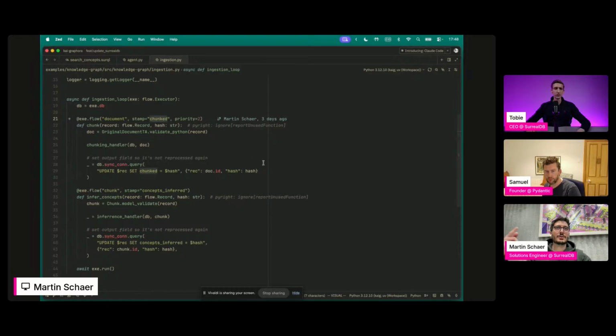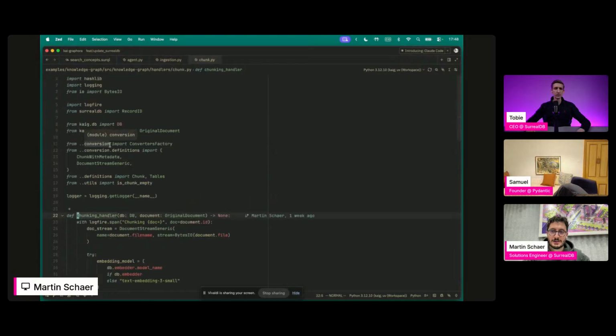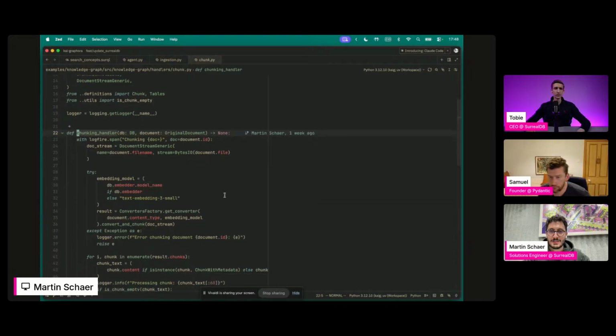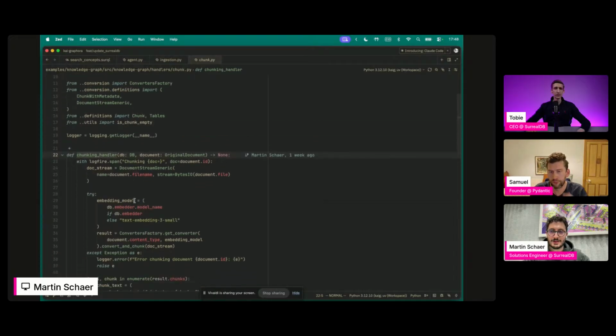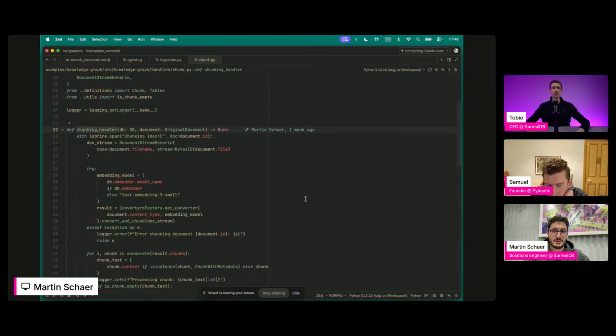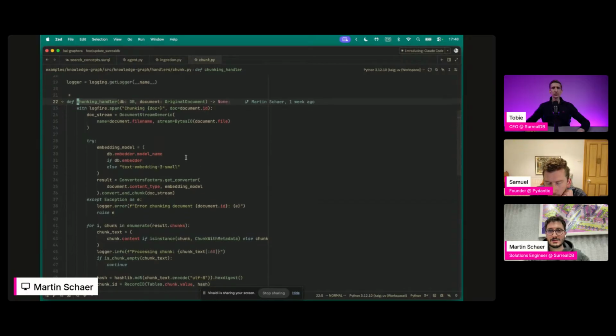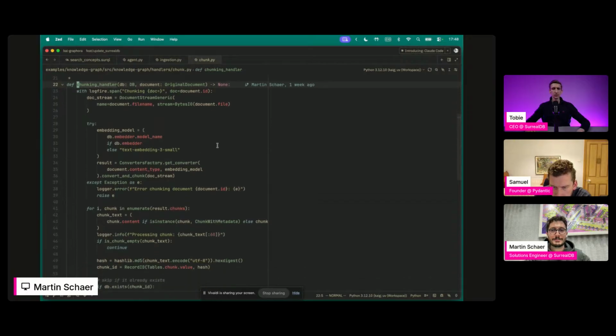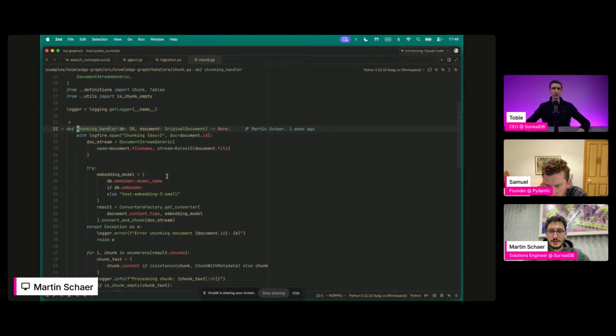So basically, it's going to poll the database to find documents that haven't been chunked yet. And I have a chunking handler that at the moment, I have a factory here, but it's using Kreuzberg, which is an open source Rust package to parse PDFs. And it has also... Just out of interest, what are you using for the chunking? Is that all implemented in your own logic, or is that...